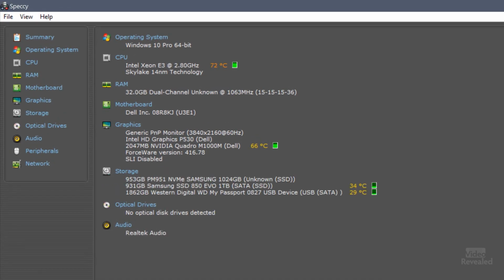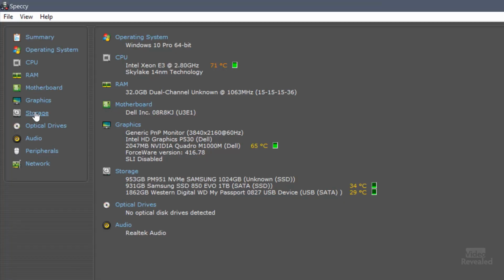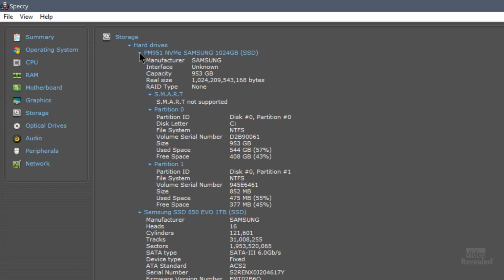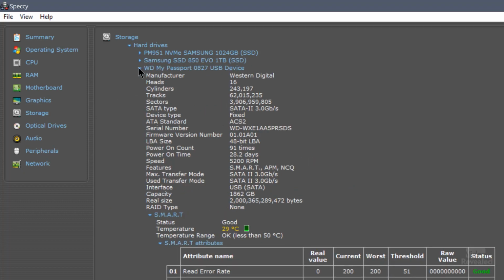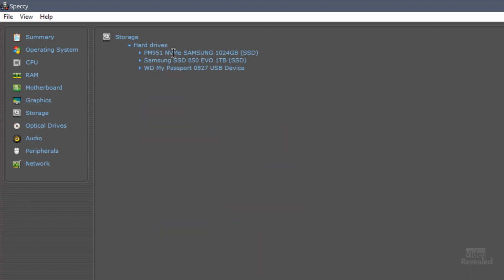One thing to be careful is that while you're installing it, turn off CCleaner. It wants to install while you're installing it. But this gives you an indicator of all the stuff in your system. So if we go over here to storage, you'll see all of the hard drives showing up here. So this is the internal drive. That's an SSD. This is a second internal drive. That's an SSD. And this is the 5,400